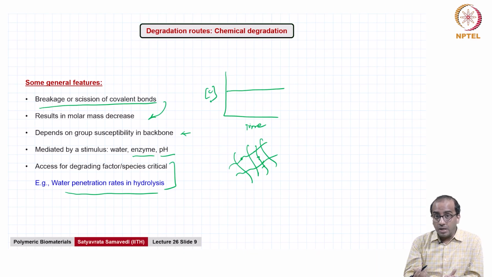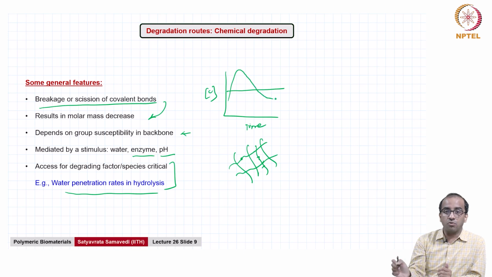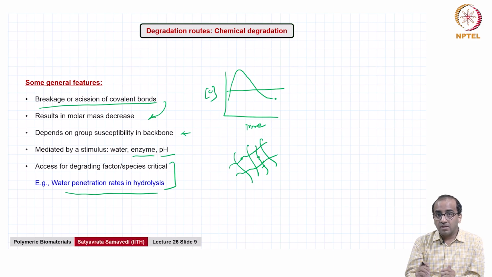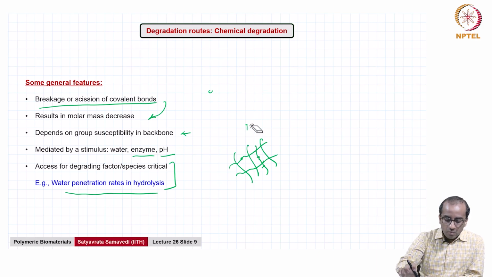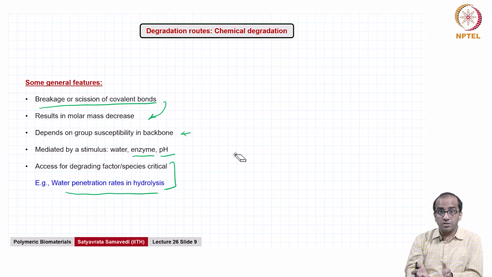Whereas in more bulk driven degradation, you will see an initial spike and then perhaps you will see it start to go down with time, right? So, these are some aspects to keep in mind, although they are not directly related to degradation. What we are trying to do here is to connect the concept of water penetration and access to different parts of the device and biomaterial to the performance of a biomaterial or a matrix in a particular application such as control release. Now, that being said, you can now have at least 3 versions of chemical degradation